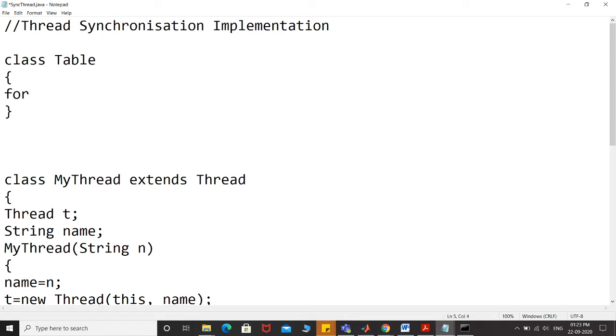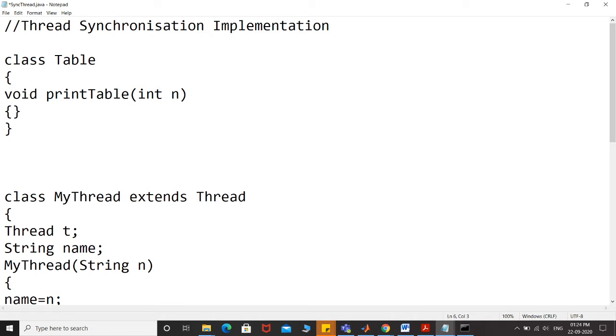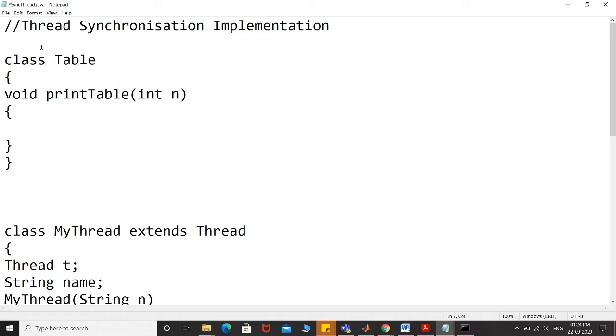I'll just use a for loop. First of all I have to specify public, then void, then the name of my method, that will be printTable, and I'll pass one argument over here, int n. Now I'll specify the code to print the table of a number.